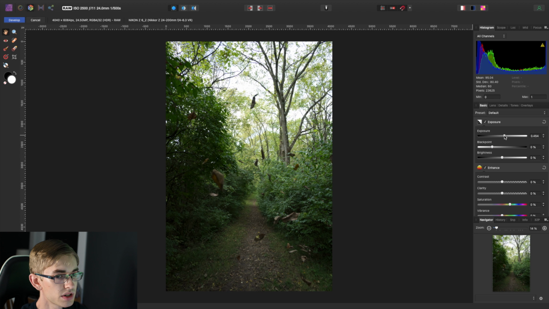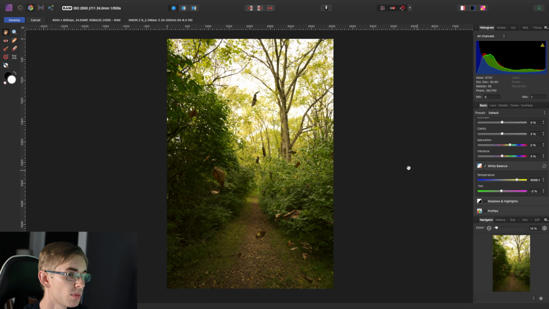So we'll just take the yellow slider and just pull this image way over toward the yellow. Something like this. So now we've got a much more yellow photo, but we've lost a lot of the green there. It's starting to look kind of yellow as well. So we'll just take the tint and pull it a little bit more green from red. As we do that, it's going to make those greens start to stand out a little bit more.